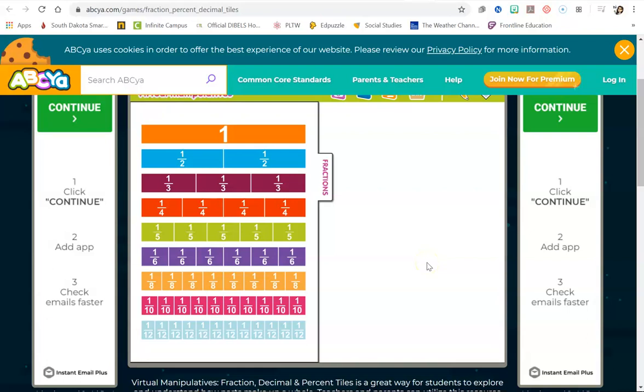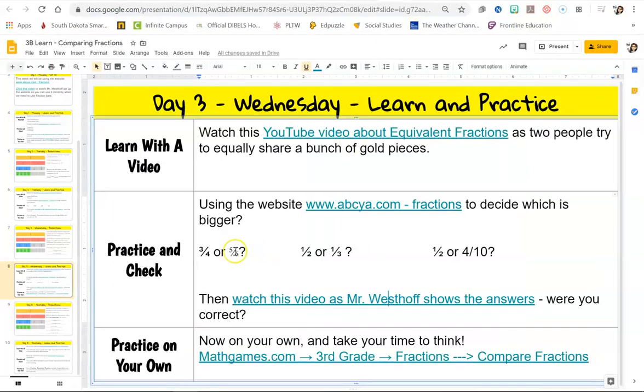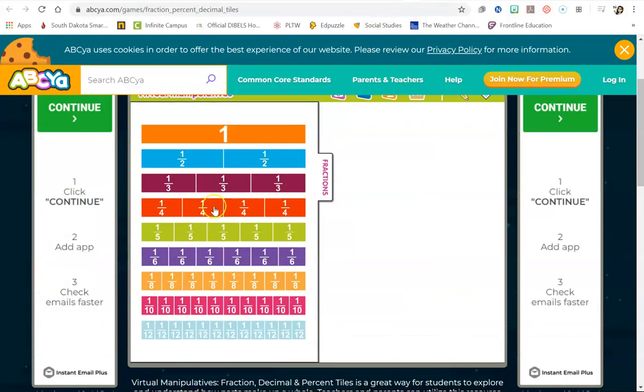Right, let's go ahead and check some of our answers to see how we did with comparing fractions. So the first one that I wanted you to do was 3/4 or 5/6. Which one is greater or bigger? 3/4 or 5/6. So I'm going to do 1/4, 2/4,